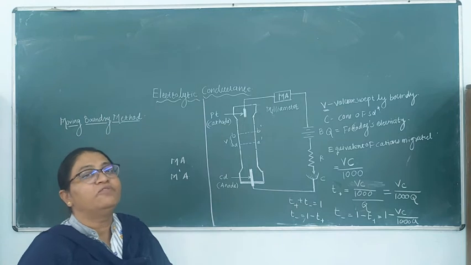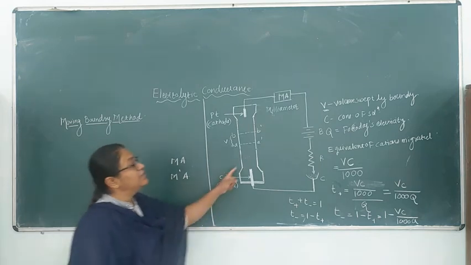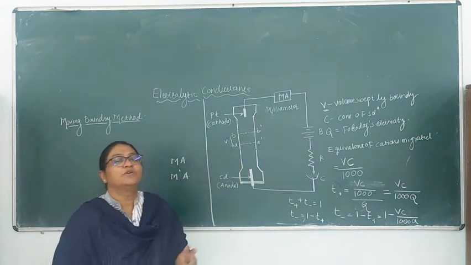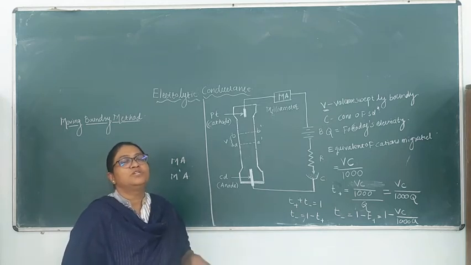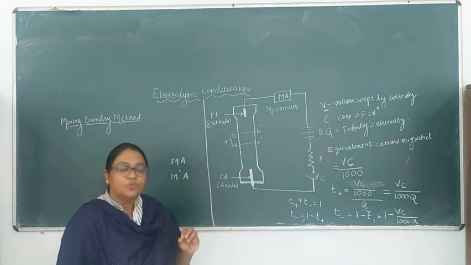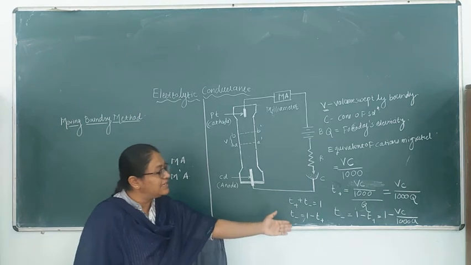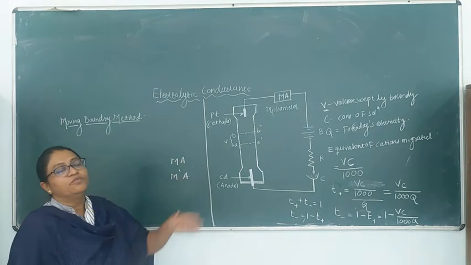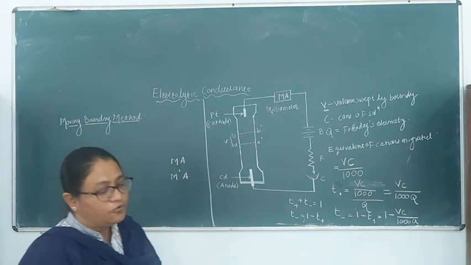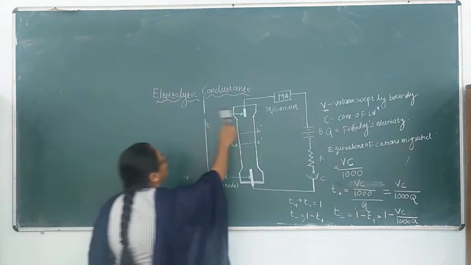This method looks to be very simple, but the selection of the two solutions here in the tube is the difficult task, because you must choose the two solutions such that they do not mix with one another. They must leave a boundary between them. This is a very hard task. Otherwise, the method looks to be very simple. Calculation of T plus and T minus is also very simple. So, this is how from the moving boundary method the transport numbers are found. Now, let's go further. We have completed the two methods.